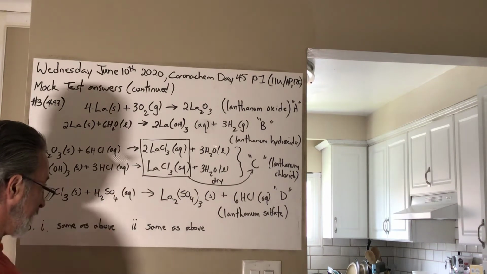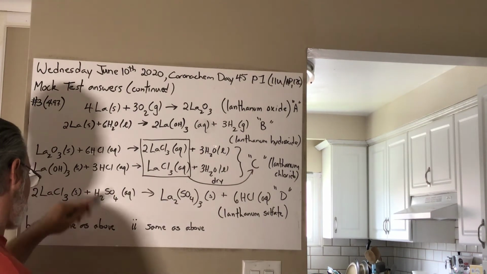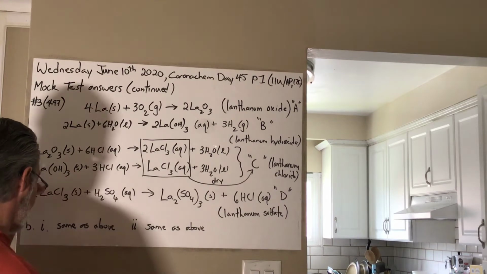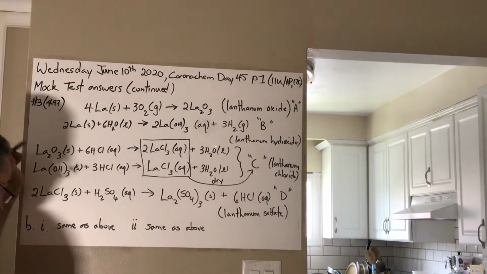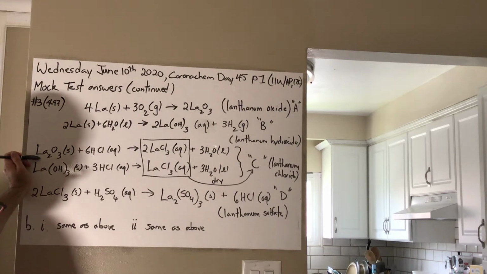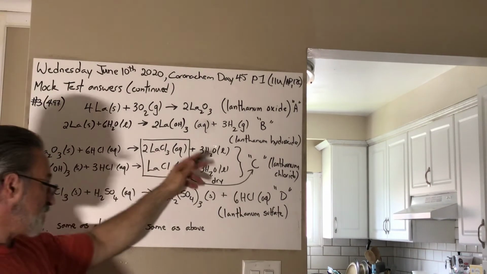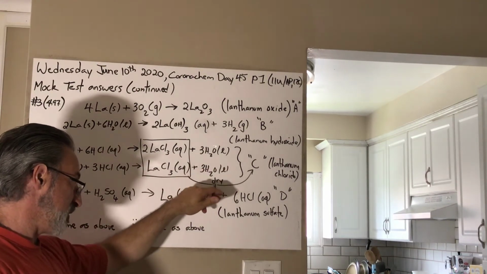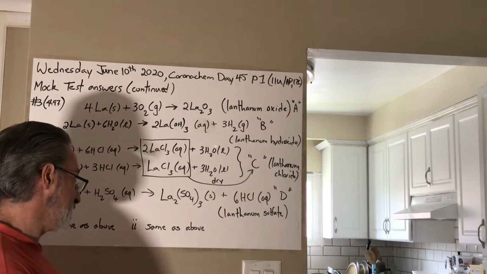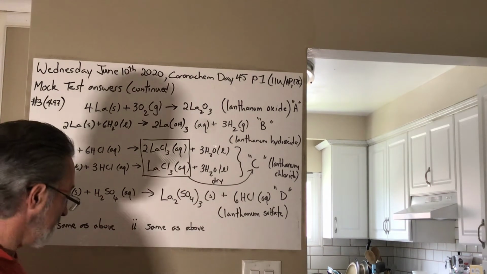Same thing happens here to give you lanthanum chloride, except now it's combining with 3 HCl's as compared to 6 HCl's, because there's 2 lanthanum cations in lanthanum oxide. So both the oxide and the hydroxide will react with hydrochloric acid. When you dehydrate the product by removing the water, you get lanthanum chloride. So that is the identity of